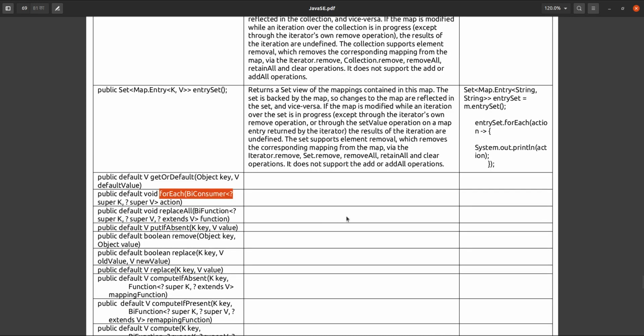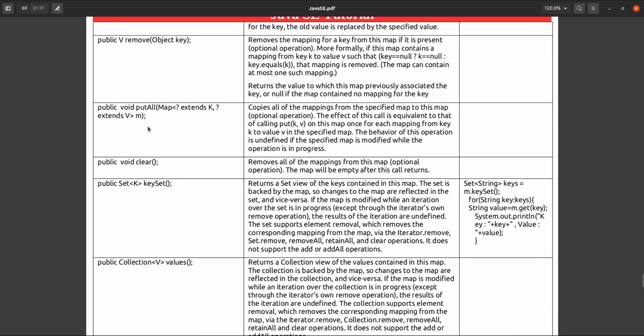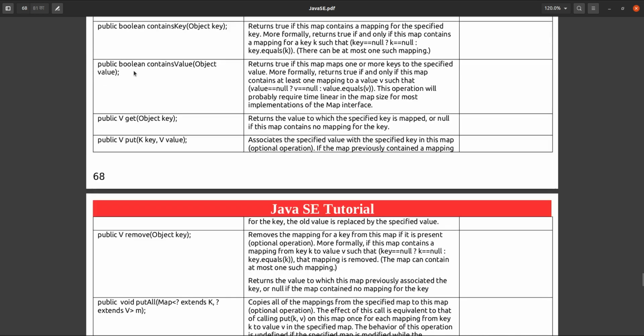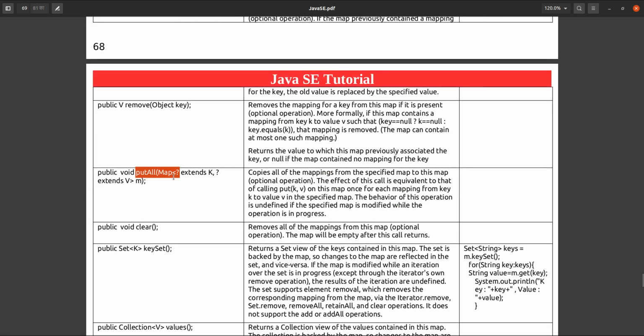forEach also you can apply. I think above, how many methods we have already seen. putAll, remove we have seen. putAll is nothing but you can supply any other map, and from that map all the key-value entries will be added into this current map.